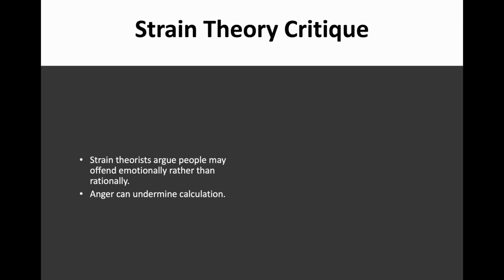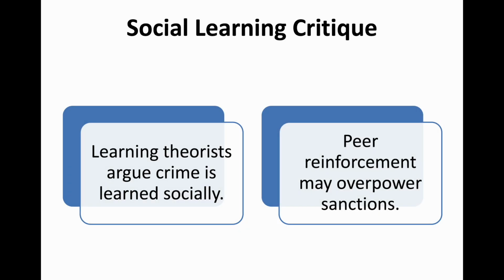This critique does not necessarily eliminate deterrence theory. Rather, it suggests that deterrence effects may weaken under high emotional strain. This is another excellent example of conditional explanation rather than total rejection. A strong comprehensive answer would directly contrast the assumptions. While deterrence theory assumes that offending reflects rational cost-benefit calculation, strain theory emphasizes emotional pressure and blocked opportunities as drivers of crime. Now, let's examine the social learning critique.